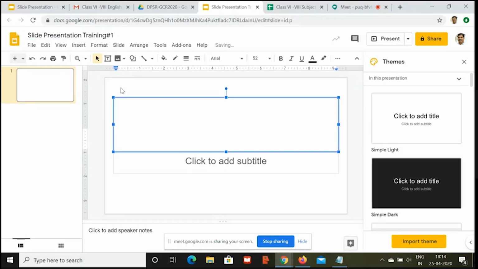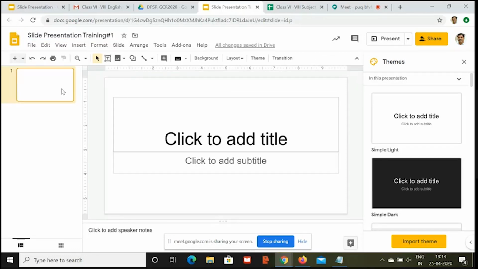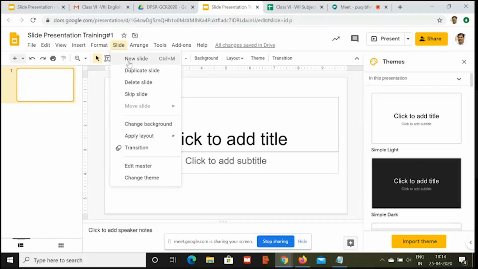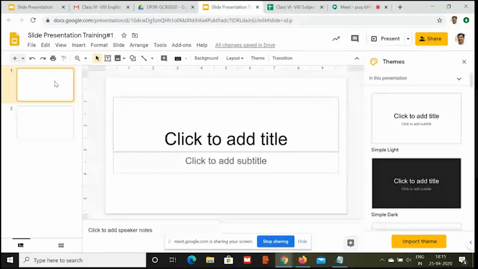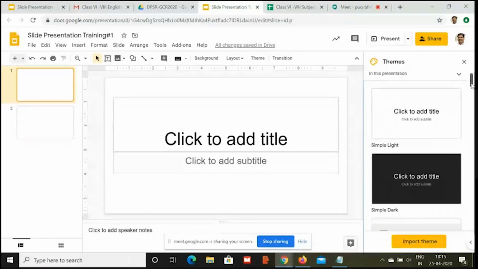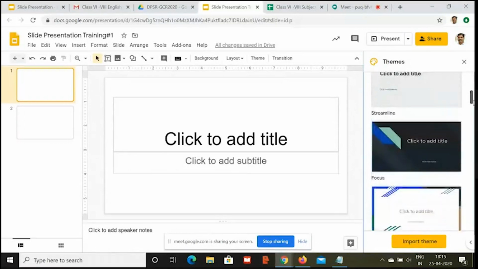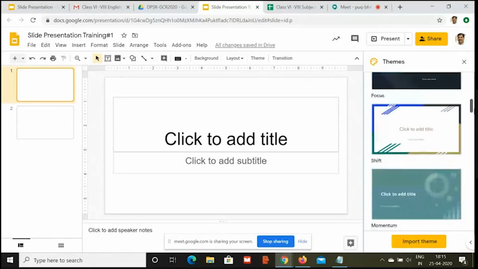Number 2, by default, it will be having a default template. So if I have title and the subtitle, and if I go to the new slide, I'll be having a template which will have title along with some paragraphs. So this is the default settings you will be getting in the Google slide. But think about if you want to make some template of your own, or you want to use some template which is already available. So these are the available templates. On the side, you can see in themes, these are the available templates.